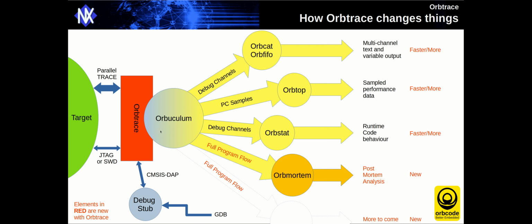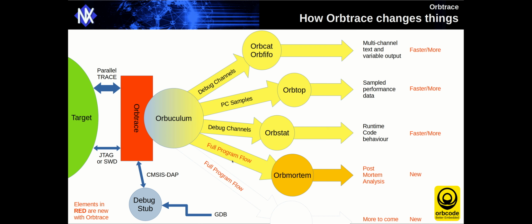Orbculum itself plugs into Orbtrace and gives us all of the flows we previously had. So we have the debug channels, the PC channels, we can do the post analysis and so on. But we can do this much faster now because we've got these information flows coming over the 4-bit port rather than over the UART coded port. So we get faster, more data and so on. And as you saw, it was actually 187,000 PC samples per second compared to 4,000, 5,000 PC samples per second when using the UART. But we now have access to the ETM,